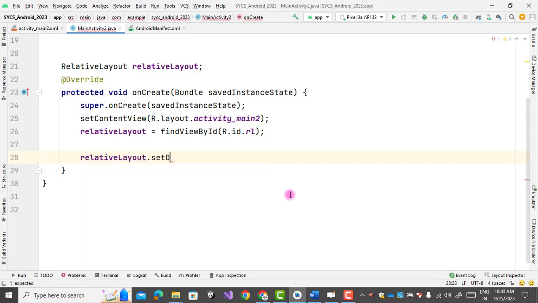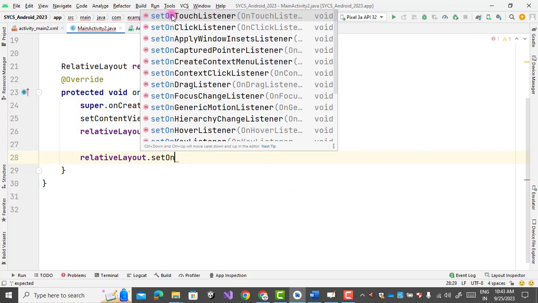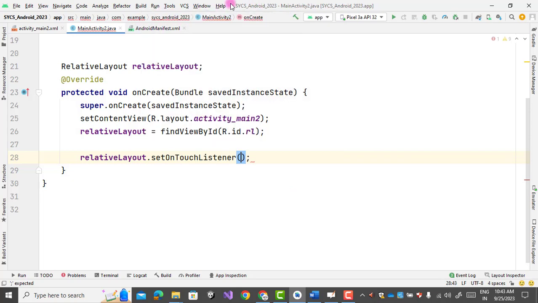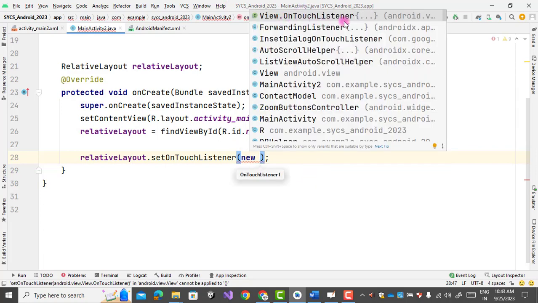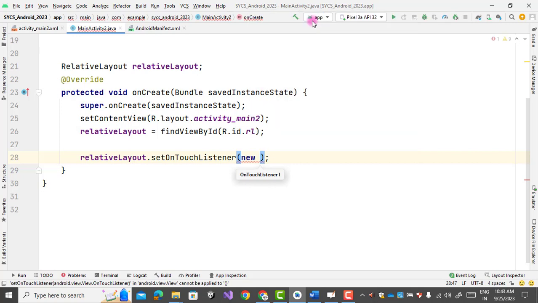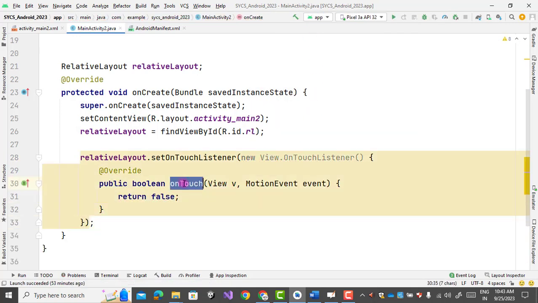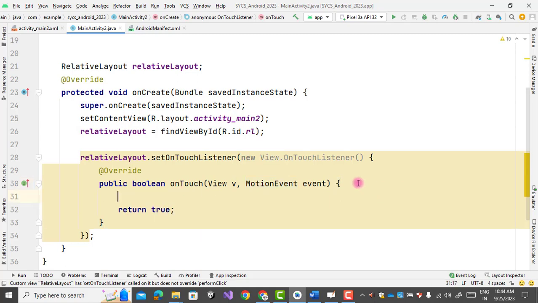So setOnTouchListener, as we can see here, we have a setOnTouchListener method here. Now new, there is a View.OnTouchListener, as we can see here. Just select this option, right? It will override the method onTouch. See, this is my onTouch method. So when we touch on the screen, the mobile screen, right, onTouch generates the event, and setOnTouchListener will listen to it and it will perform some action. There are two parameters, as we can see here, view and motion event. So now here we will first change the value to true so that it will return true after the execution.